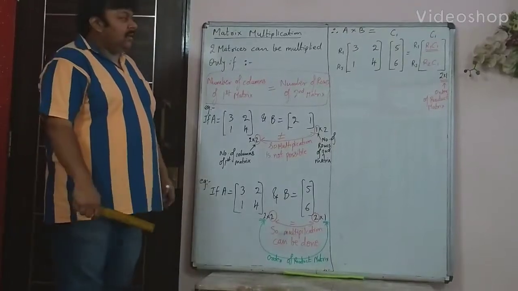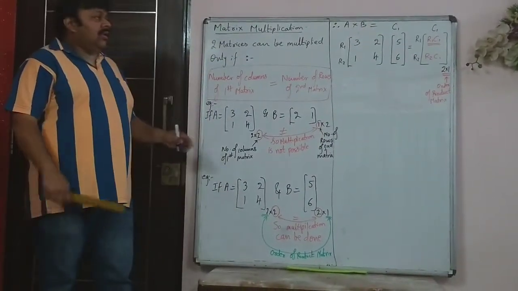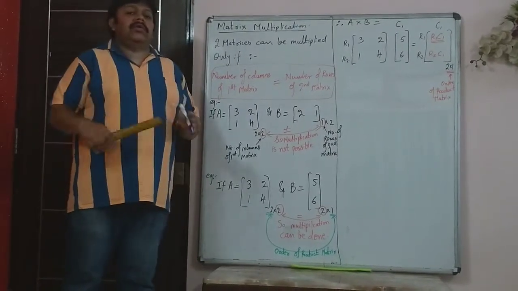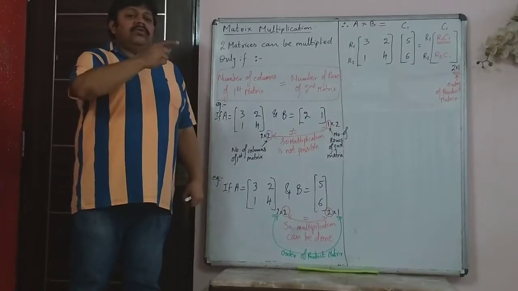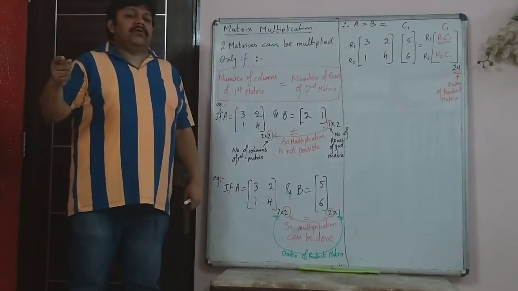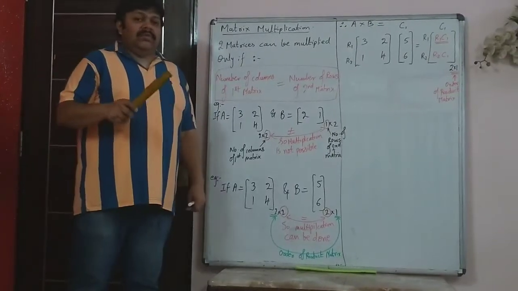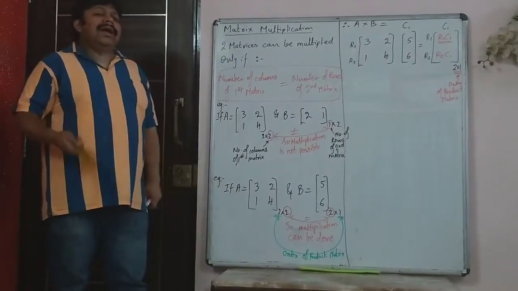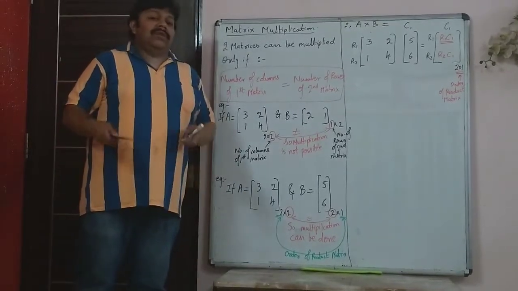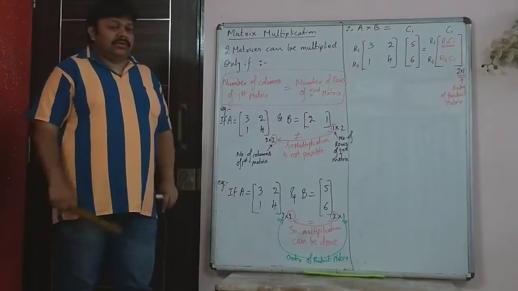Students, welcome back. Last class in matrices, we saw that two matrices you can add or subtract only if they have the same order. So first row, first element will be subtracted from first row, first element, that way. So the number of elements in both the matrices, or the order of the two matrices, had to be same if addition or subtraction was to take place between two matrices.